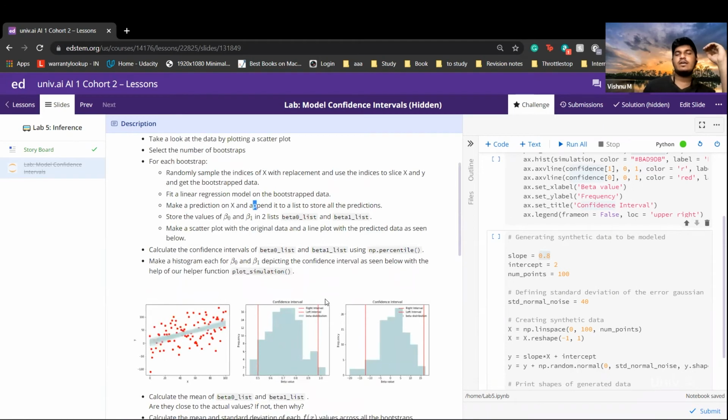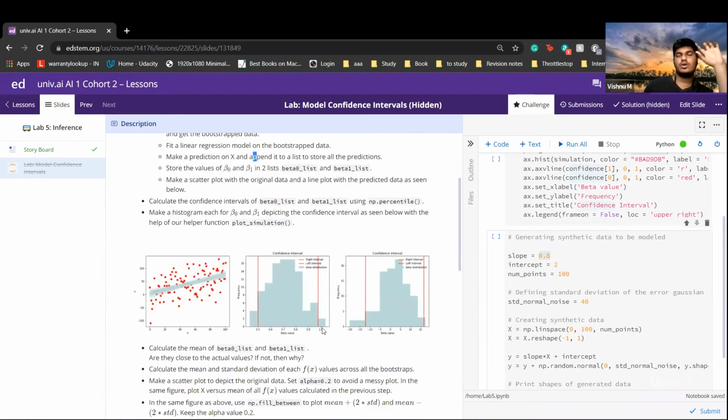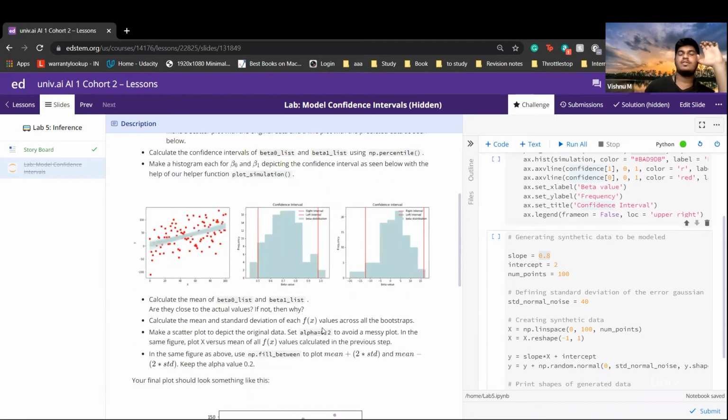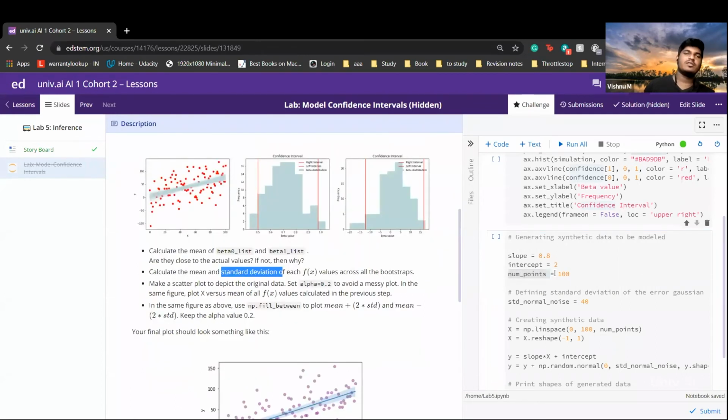So you have to take the mean and standard deviation across all the bootstrap samples, so that you get a num points by 1 array. num points is basically the number of points in your data set. So you'll have a mean and a standard deviation array, which will have a size of num points by 1 or num points. Let it be a vector or a matrix.